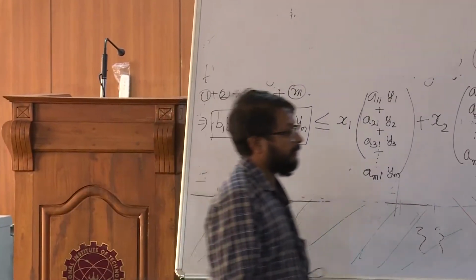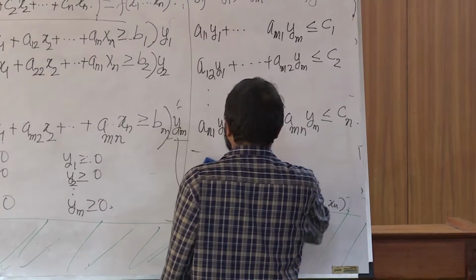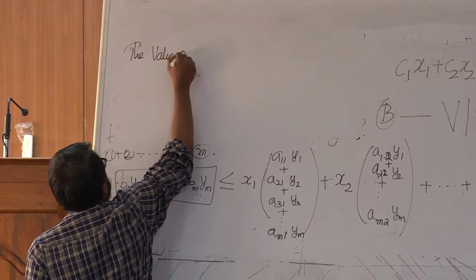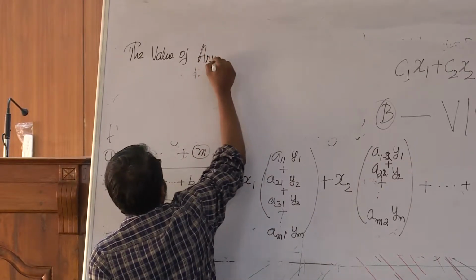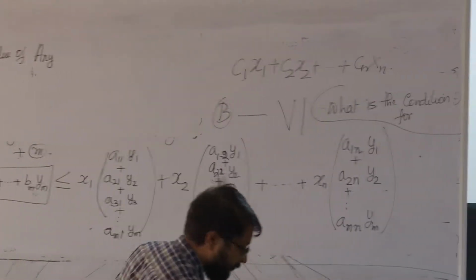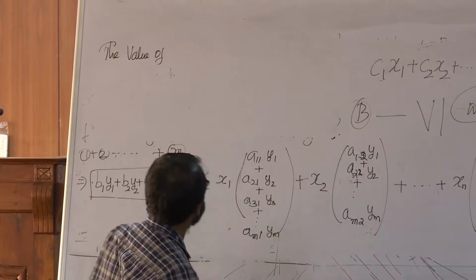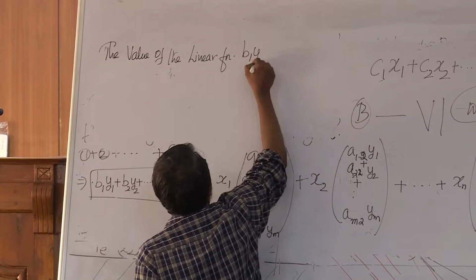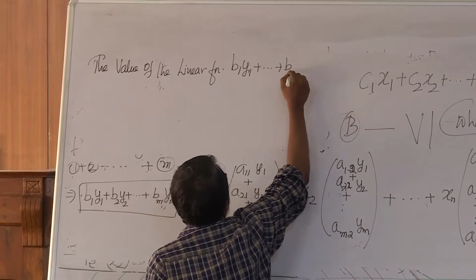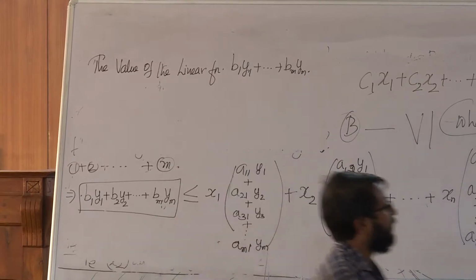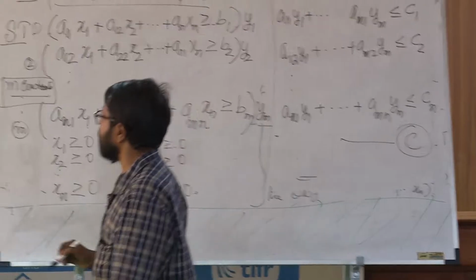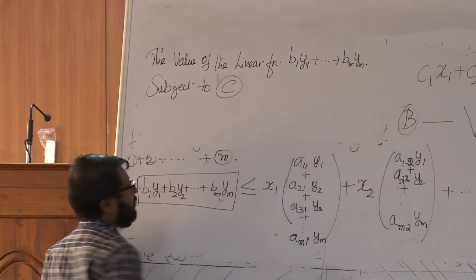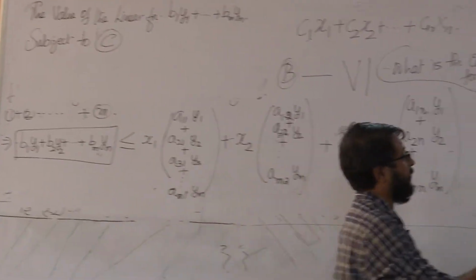Now any solution, the value of the objective function, the linear function b1 y1 plus bm ym, let us call this constraint C, subject to C and of course the non-negativity constraints I put in the first place, that y is greater than or equal to 0, right,